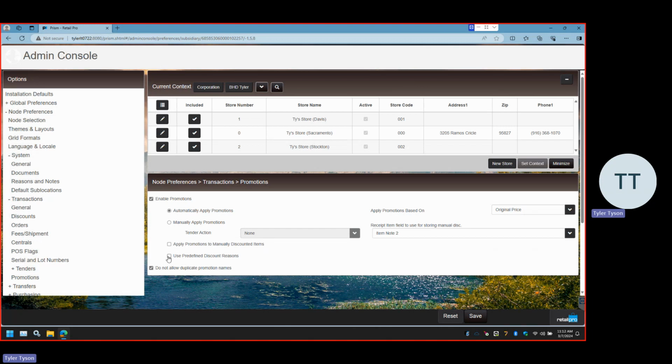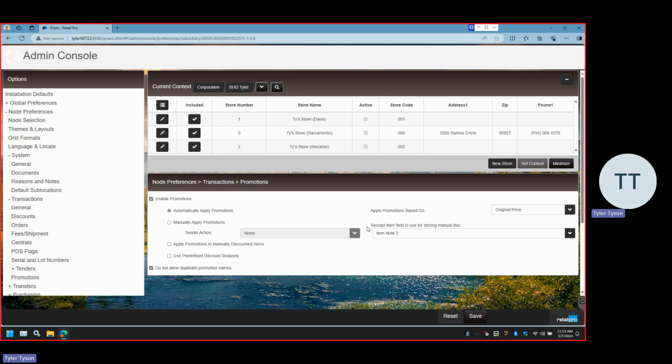That's fine. Predefined discount reasons. Now I set some up a moment ago in reasons and notes. If I only want to use those predefined reasons, I turn this on. If I want the ability to free type reasons while I create promos, so each promo has a different reason for reporting purposes, I would not want to check this. I would check do not allow duplicate promotion names, probably in your best interest when reporting to be able to not see duplicates, right? Okay, we'll work our way back up to this final setting, but the next one of note